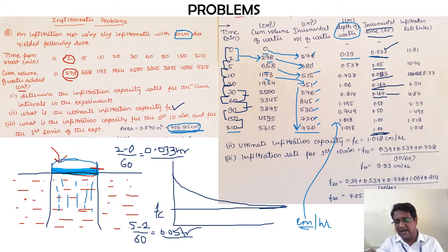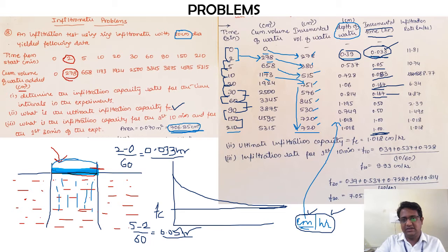Okay, now as per this simple explanation what I have expressed, the unit of infiltration rate is depth divided by time. So in this case we are going to take it as centimeter per hour. So with that in mind, it will be just as good as your fourth column divided by fifth column.